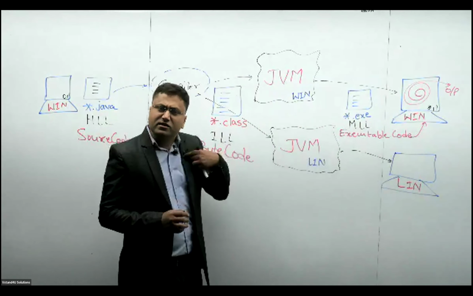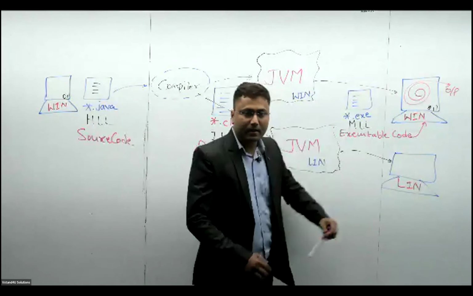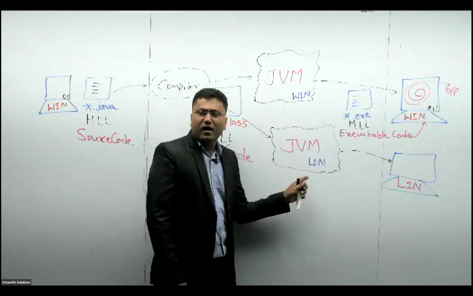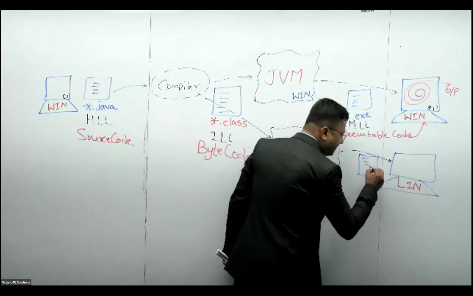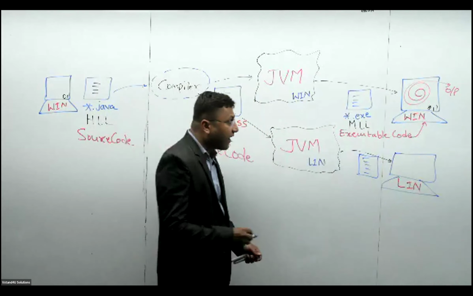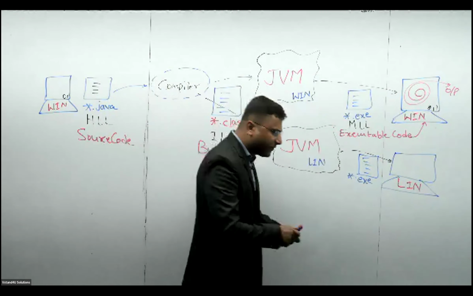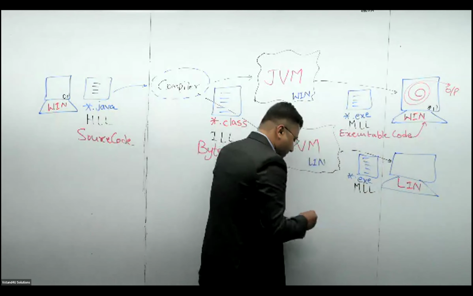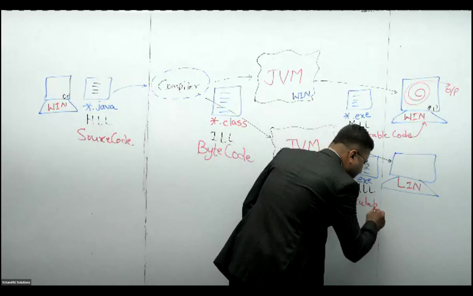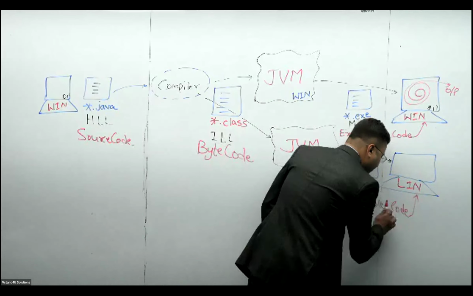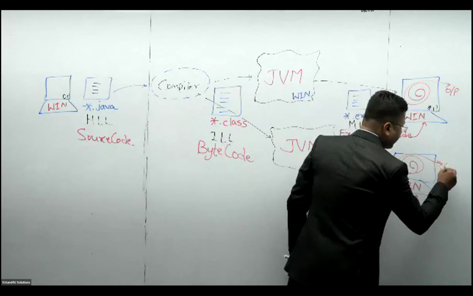Agree? Sir, my system is not Windows as yours. Then my system is Linux, you have downloaded the JVM for Linux. In this case, the JVM will produce an executable code file, any file name dot exe. This is written in which language? Machine level language. Then this is also called executable code, but this code is meant to be working only on a Linux system. Agree? Then the system will produce output.